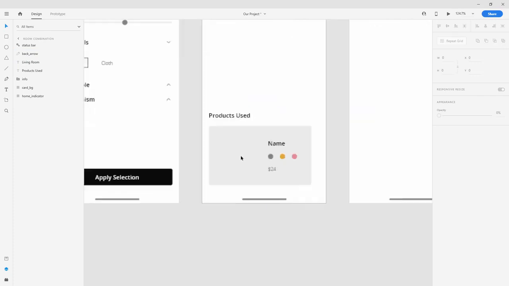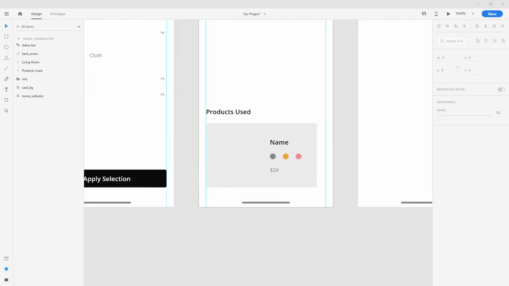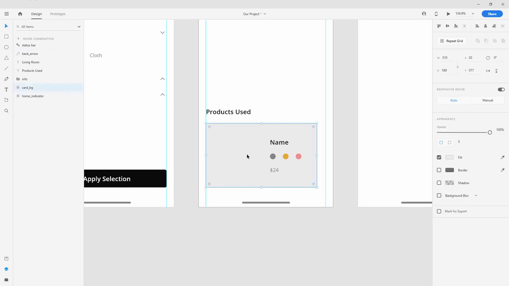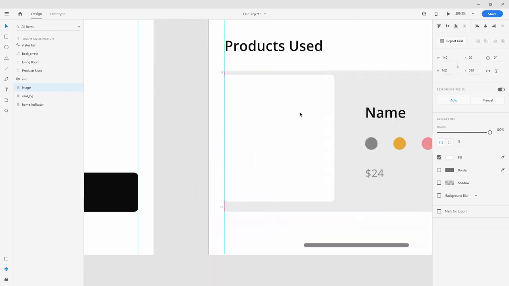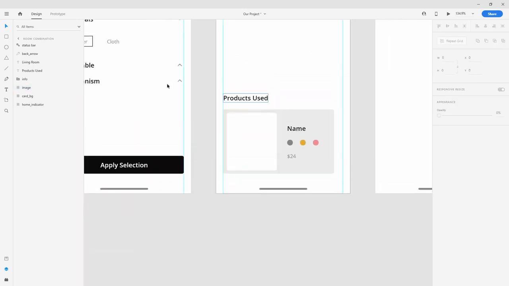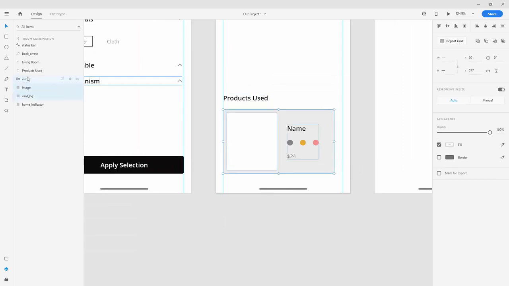So now that we have that, we just need a placeholder for our image, and to do that you can simply duplicate this, so duplicate card BG, double click right here, type in image, and you can choose white color like so. And for the dimensions, let's use 140 with 162, press enter, and we're going to position it in the middle like this, and maybe move it 10 pixels like this. So now that we have our card, we can group all of this up, so Control G, type in card 1,